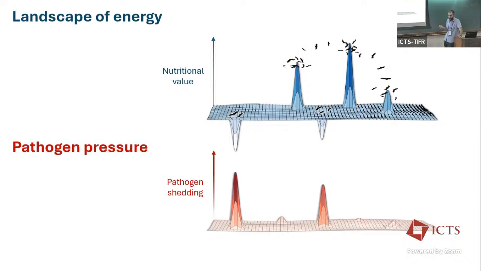And so these bats, when they're doing fine, when they have adequate energy, they're protected from pathogens. They may have an adequate immune response to deal with this pathogen threat and maybe be able to clear infections quite quickly. But during these sinks in their landscape of energy during winter, food stress and everything, that's when you see the really high pathogen shedding.